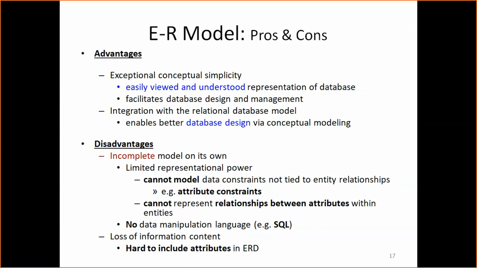Again, another small issue is that in that diagram, it's very hard to include many attributes. So in the entity model, we said it's a rectangle box with capital letters indicating the name of the entity. But if I have, let's say, 10 attributes, then I need to list all of them there. It's not convenient to include them.